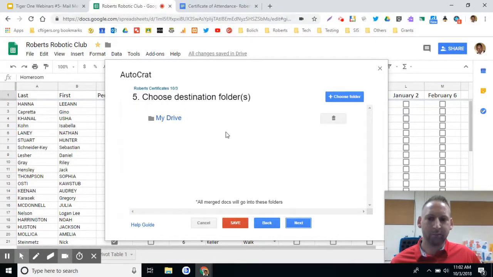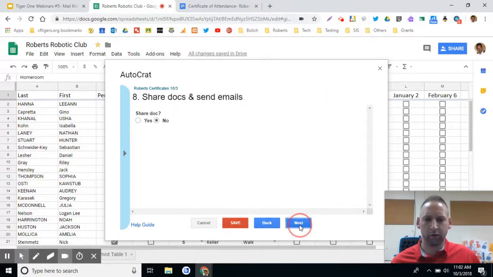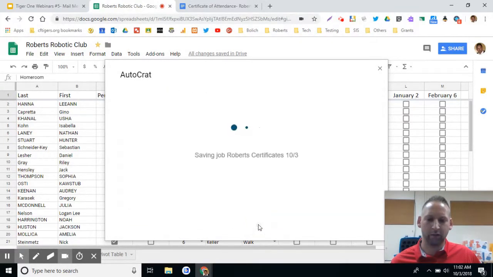And the last step that I use is a destination folder. Right now it says my drive. That's where it's going to place that new document, and that's perfect for me. I don't worry about any of the other steps like dynamic folder or merge conditions or sharing it. For my purposes, I just want to have it run so that when I'm done, I have something easily to print. So I'll click Save, and as it saves the job, just a quick thing to notice here,